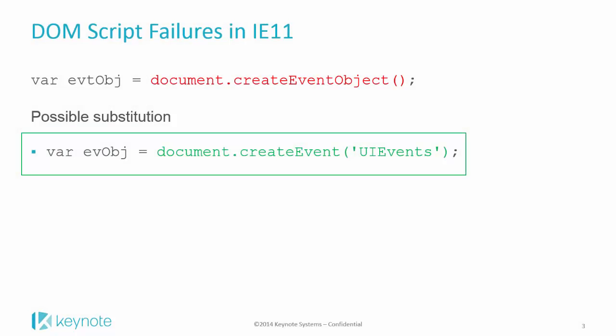The second item, instead of using create event object as a function, there's a new function that does work in IE11, create event with the value of UI events. Now after you've tried this, it may work, it may not work, but in the end, what you're trying to do here is develop some JavaScript code that works in the IE browser,